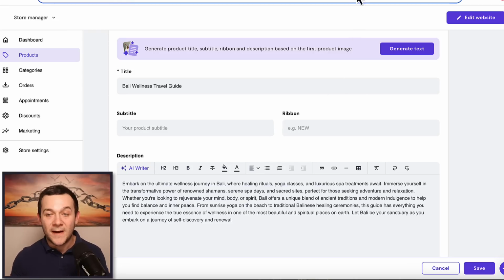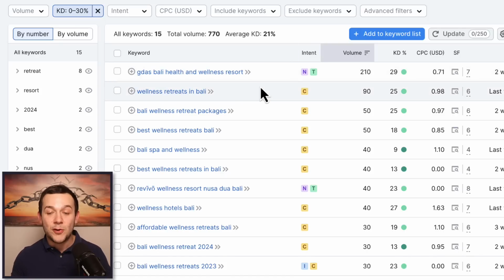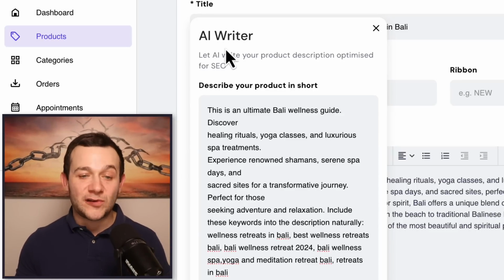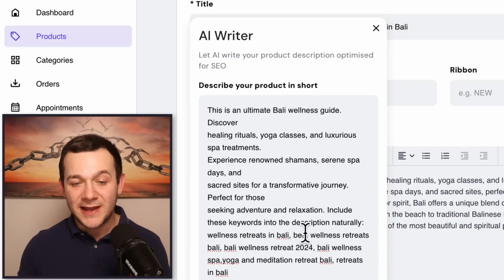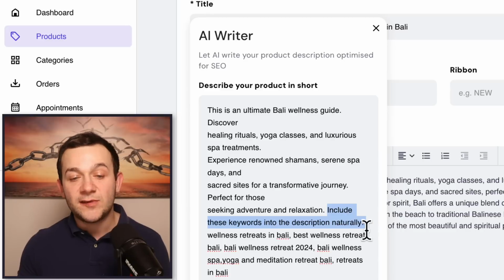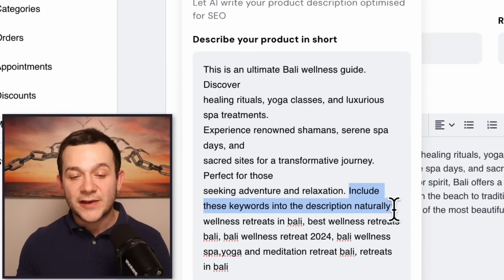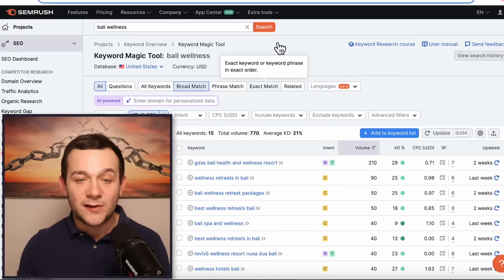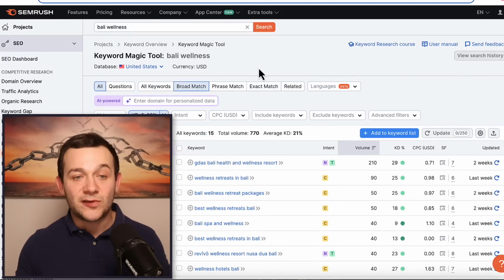So I'm going to go back over to Semrush, and I'm simply going to pick out a few of these right here and do just that. And by again clicking onto that AI writer feature for our digital product description, I've pasted in the exact same text that we used earlier to generate that description, except I've also now said include these keywords into the description naturally, and I've listed a bunch of keywords that I've been able to identify in Semrush related to this phrase right here, which is Bali Wellness,